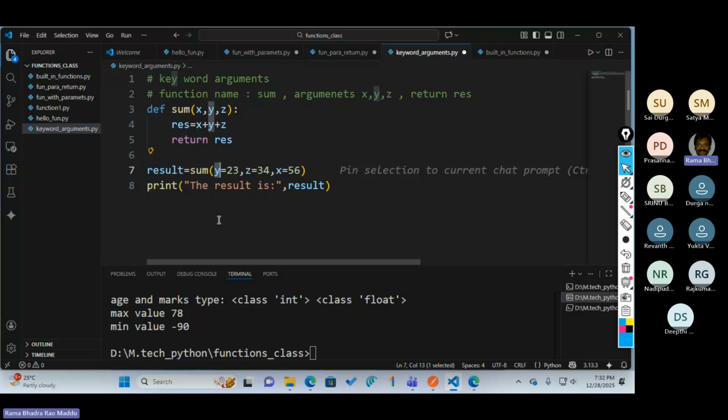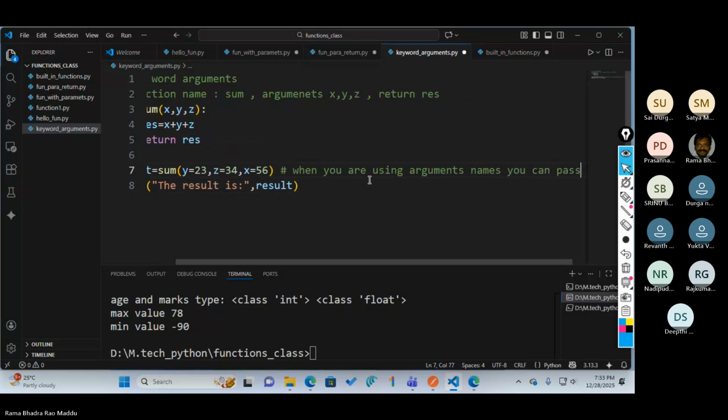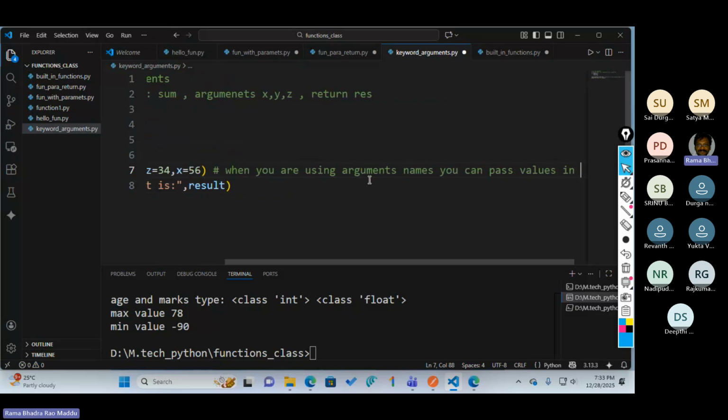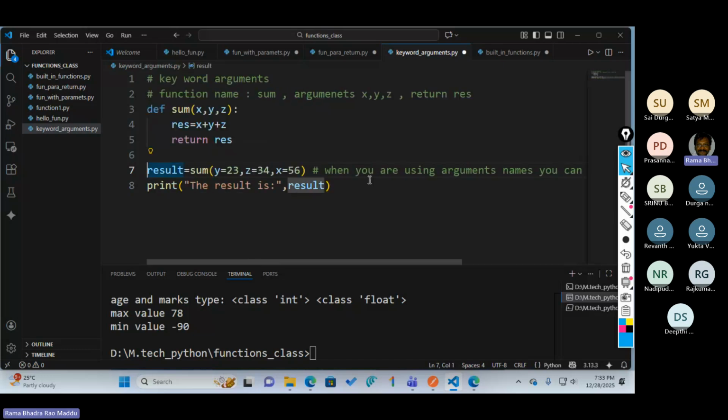We can pass the values with the variable names, and then we can supply the values in any order. There is no need to maintain an order, because it is telling directly.